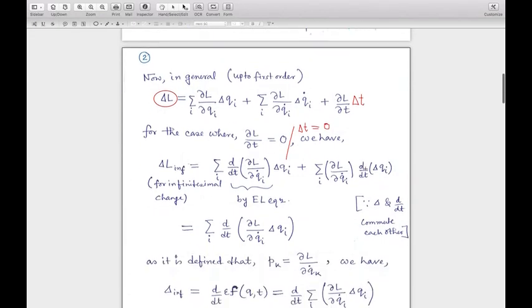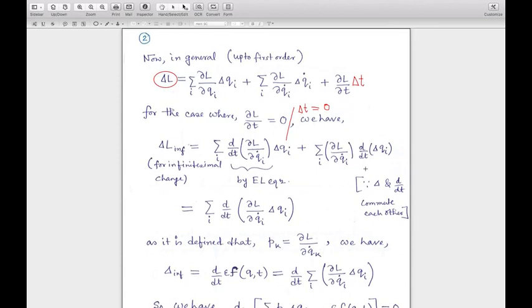Now we are talking about, as a first step, Noether's theorem of the first type. That means we will be limiting ourselves to such transformations where either delta L by delta t is equal to 0. That means the Lagrangian does not explicitly contain time. There is a time dependence, but it's an implicit dependence through q and q dot.